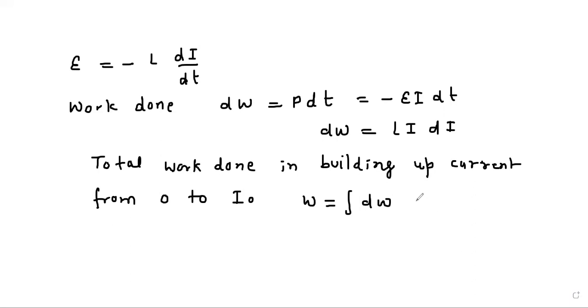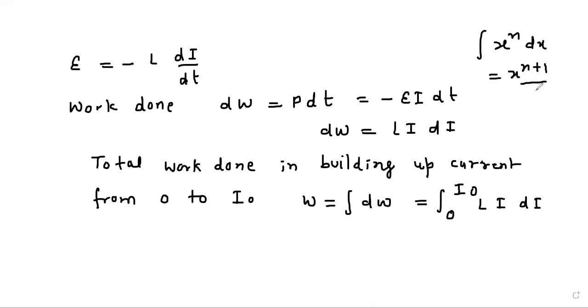So write it 0 to I0 L I dI. We know that integration x power n dx becomes x power n plus 1 upon n plus 1. So here I dI will give I square by 2 because power is 1. So W equal to L I square by 2 with limits